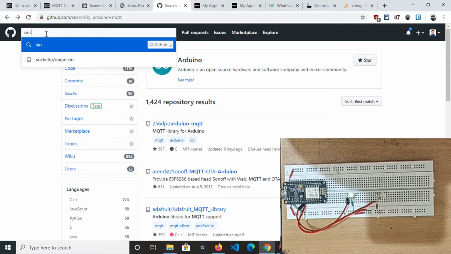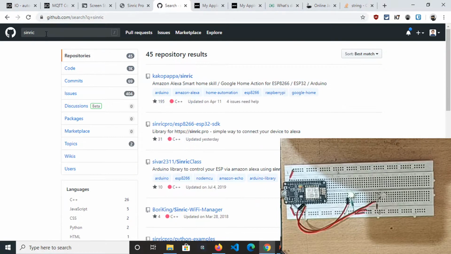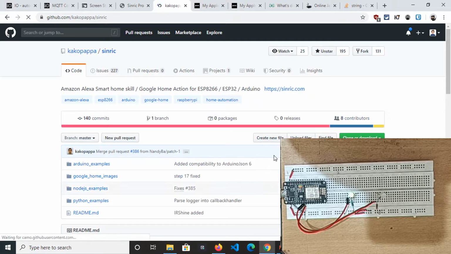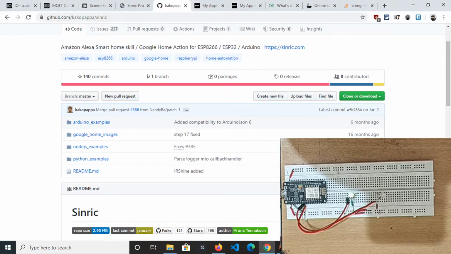You need to search Sinric here, and this has 195 stars. Sinric supports Amazon Alexa and Google Home Action. Both can be integrated with ESP8266, and this is the code, and they provide code in Python for Raspberry Pi as well.